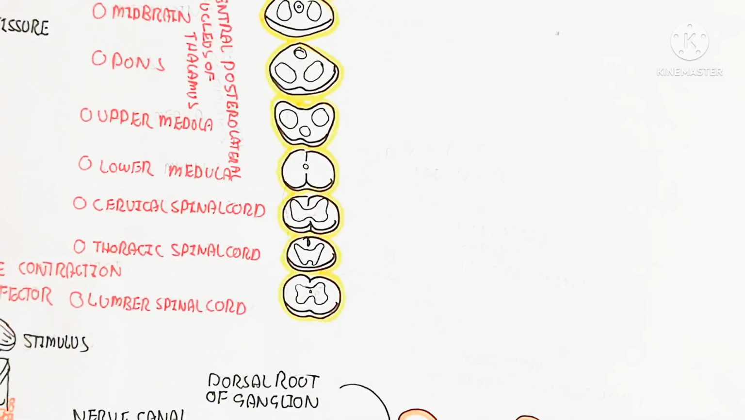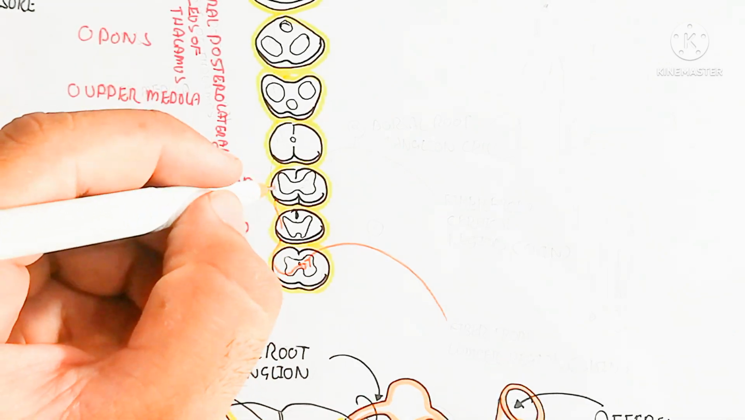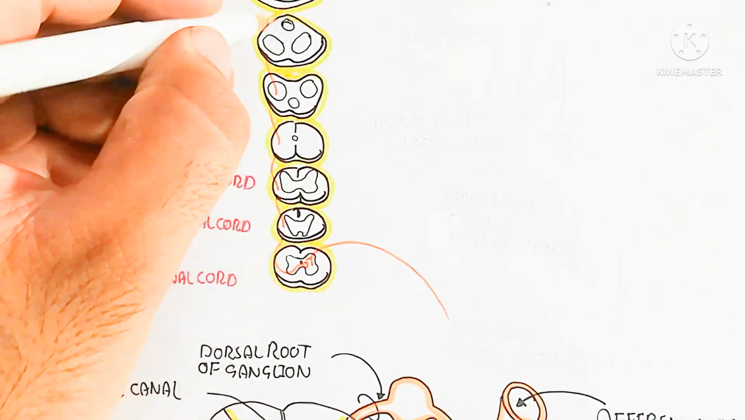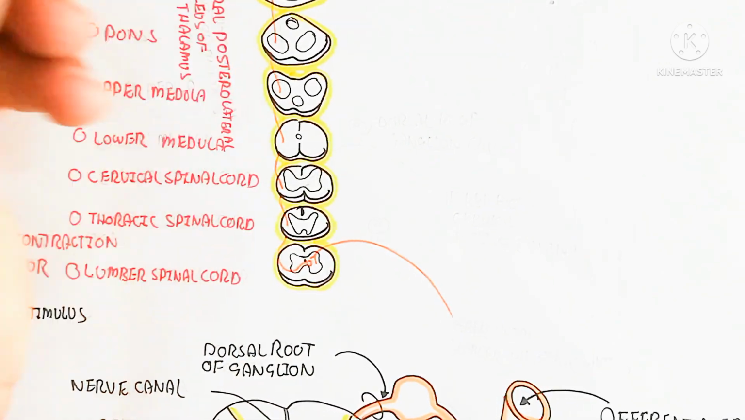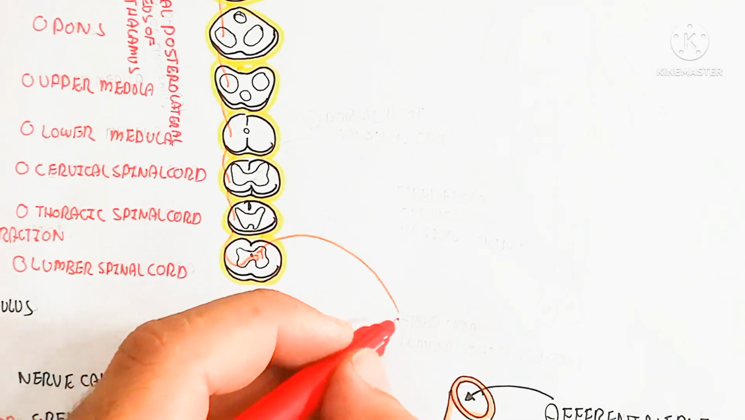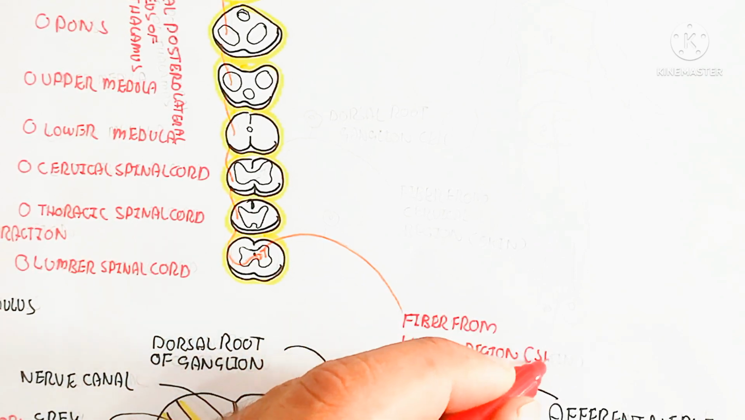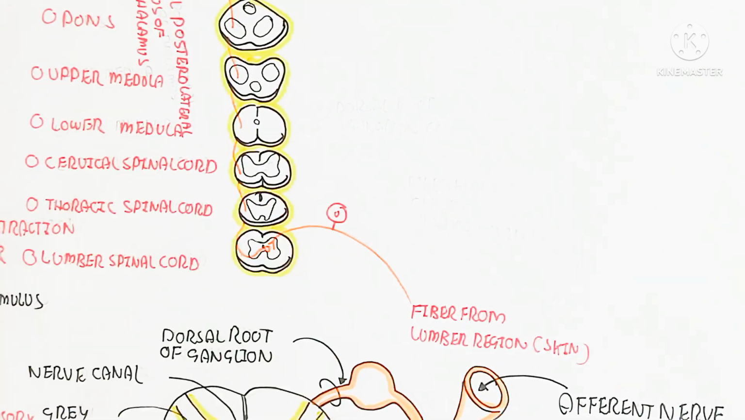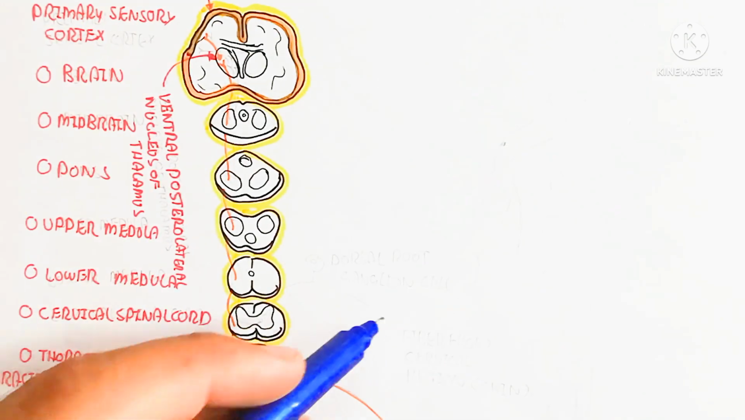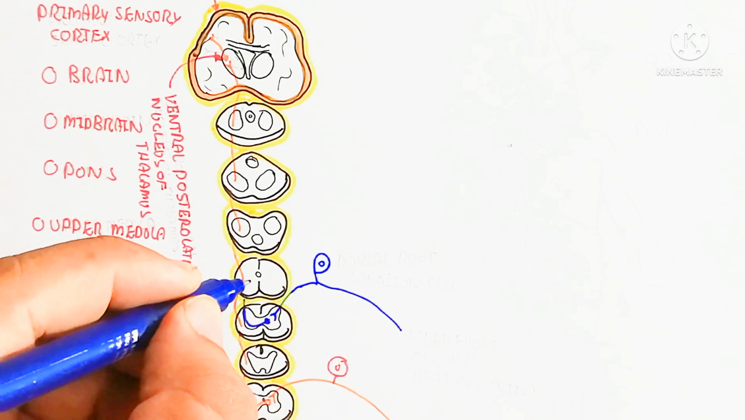So this is the primary sensory cortex. In this way, let's begin to understand first the fiber from the lumbar region, for example, skin. This will move from the first order neuron to the second order neuron toward the brain via the spinal cord to the pons, midbrain, and via the thalamus, where the ventral posterolateral nucleus of the thalamus will interpret,